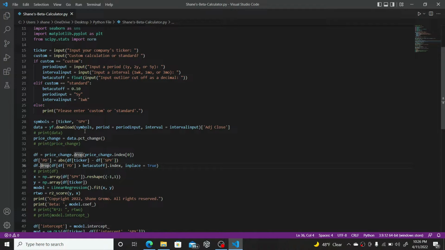And then after that, you see this df drop function. This drop function is dropping the beta cutoff that we added earlier within the code. So what it does is, if the price or the percent difference column is greater than the beta cutoff, it cuts off that row of data from the